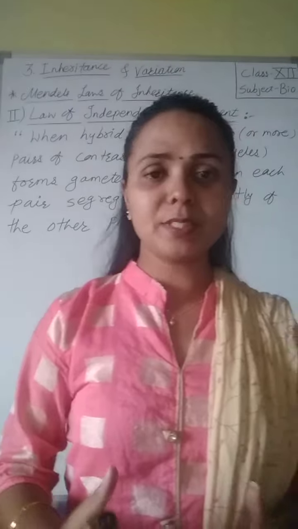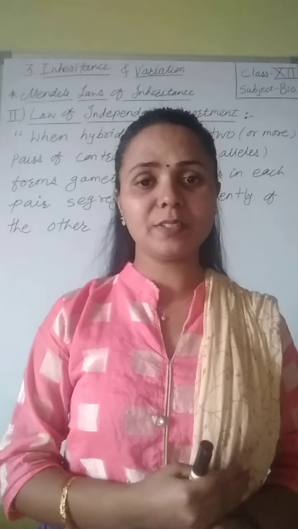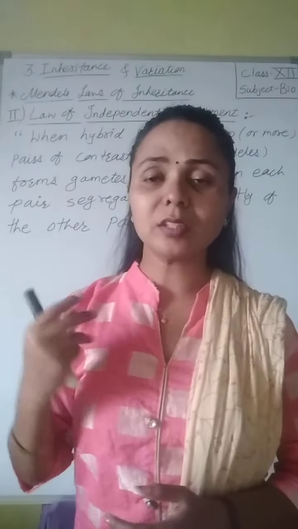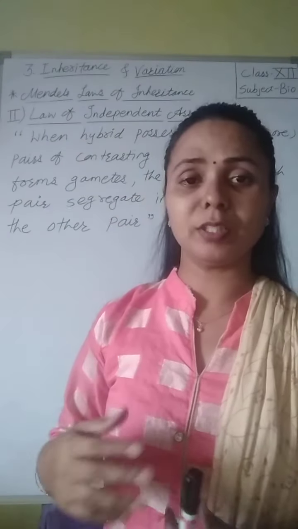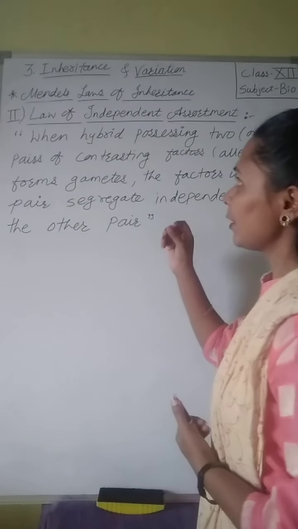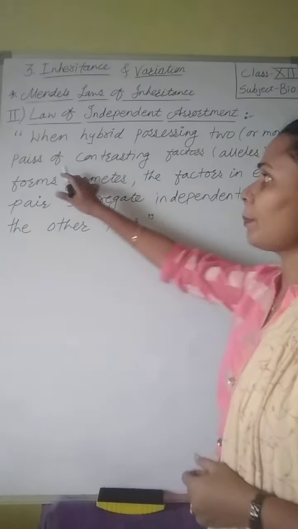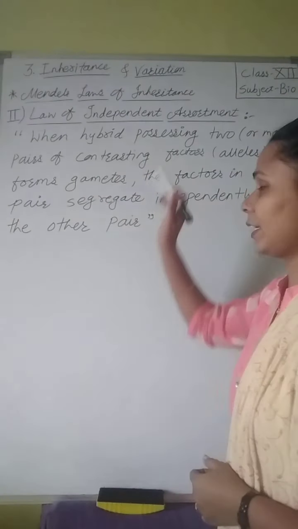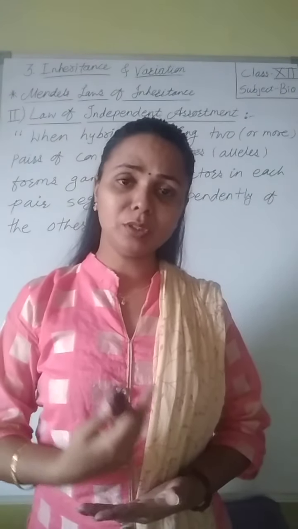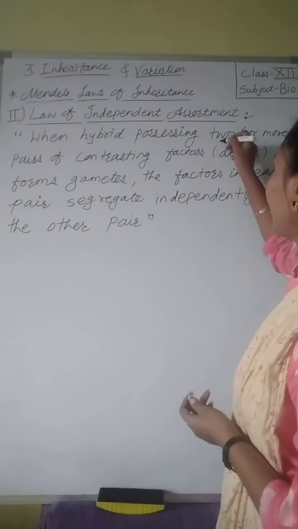Assort means combining, and in the previous video we saw the law of segregation. Segregation means separation. So the third law, which is more related to the dihybrid cross, takes two or more characters. The statement is that when a hybrid possesses two or more pairs of contrasting factors, meaning the characters or the alleles,